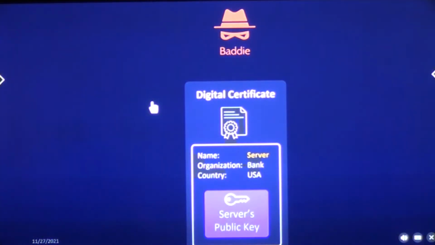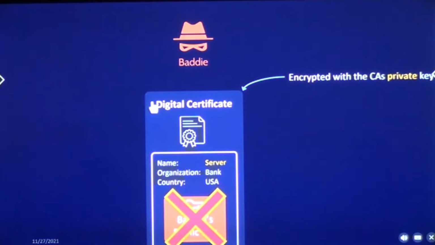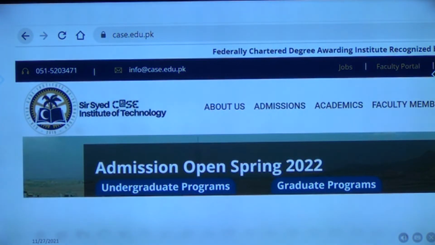The second is that if he changes the key, again the browser will figure out because this whole certificate is signed by the private key of the CA, and every browser has the public key of the CA embedded. So he cannot just play with that key. This is the trick. कि उस browser में वो जो key है ना, उसके साथ वो play नहीं कर सकता, ठीक है? Because it is running in your browser. And as somebody said, if you have your own browser, then this may have, you know, things to do, but obviously people have trust in these browsers, so they use these browsers कि उनको trust है कि browser में कोई गड़बड़ नहीं हो रही होगी.